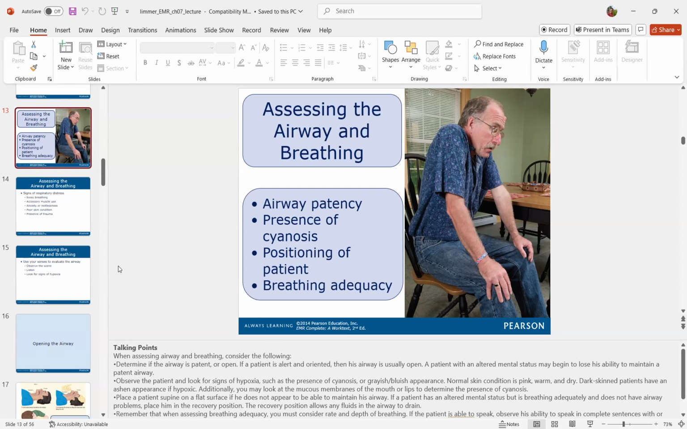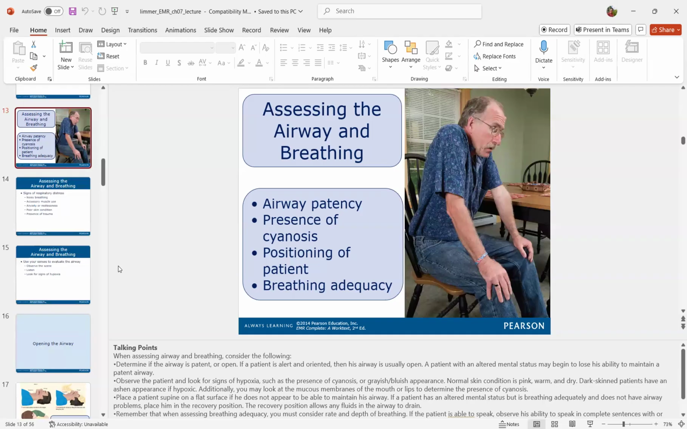We're going to observe the patient and look for signs of hypoxia, so lack of oxygen, the presence of cyanosis, or a grayish-bluish appearance. Normal skin color is usually pink, warm, and dry. On darker-skinned patients, they're going to take on an ashen appearance if they're hypoxic. They'll look a little bit pale. We can also look at the mucous membranes of the mouth, the lips, to determine the presence of cyanosis. It usually starts around the mouth and the nail beds. So if they have that bluish, grayish color, they're starting to lose oxygen,